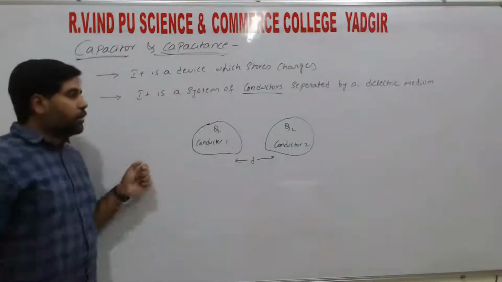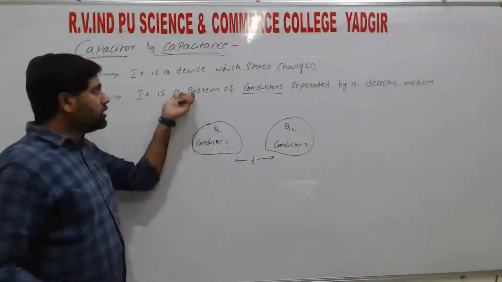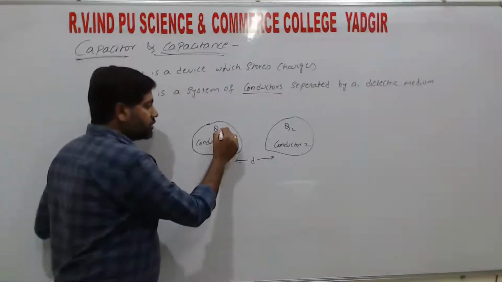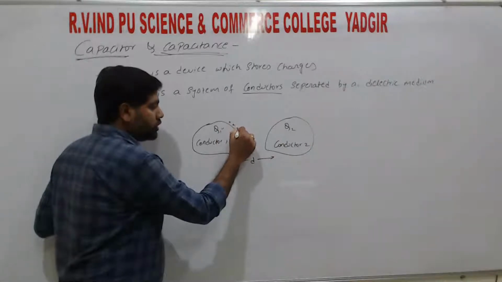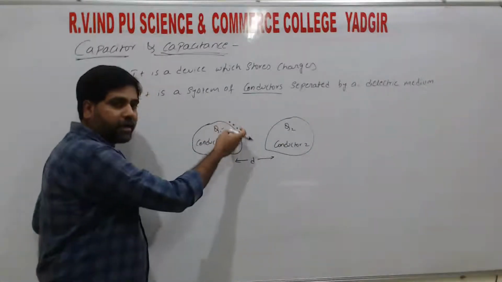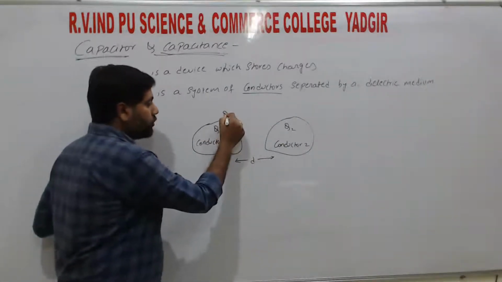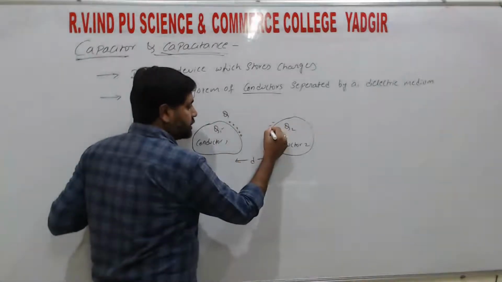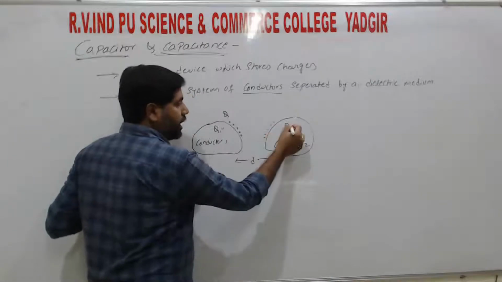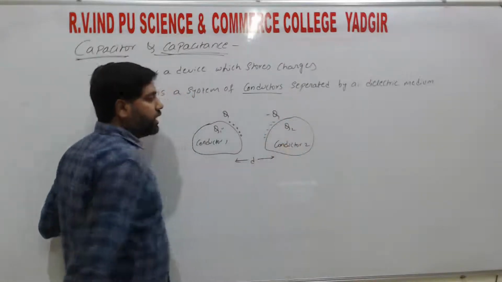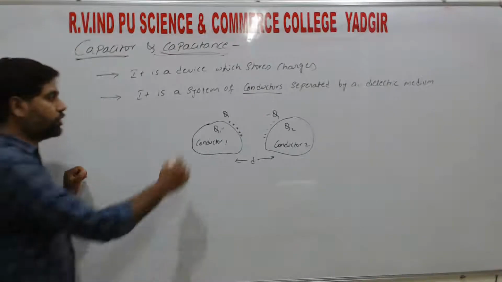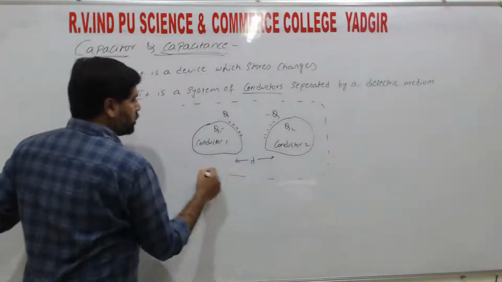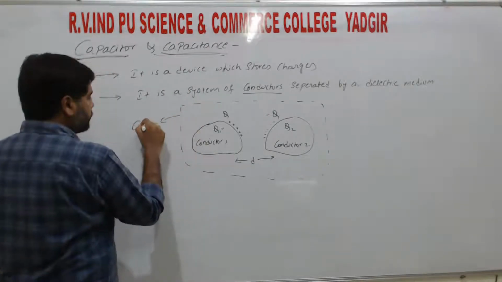So in the study of capacitors, we consider the charge on one conductor as positive, that is plus q, and the charge on the other conductor is taken as negative, hence the charge q2 we take as minus q. This overall system of two conductors we call a capacitor,